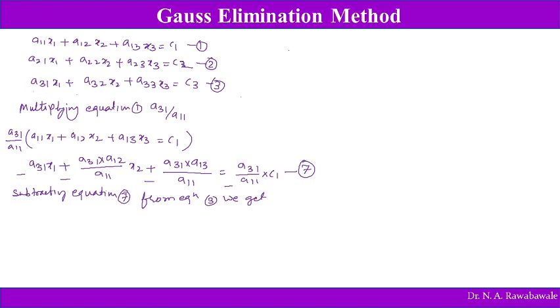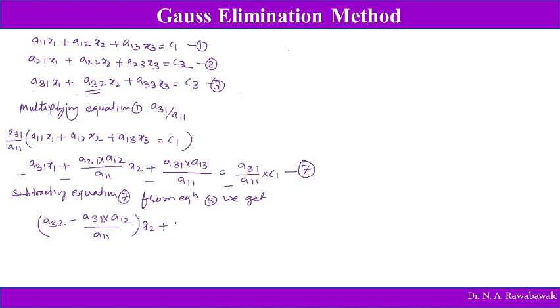So a31 gets cancelled, so this first term becomes 0, and second term a32 minus of a31 into a12 divided by a11 into x2